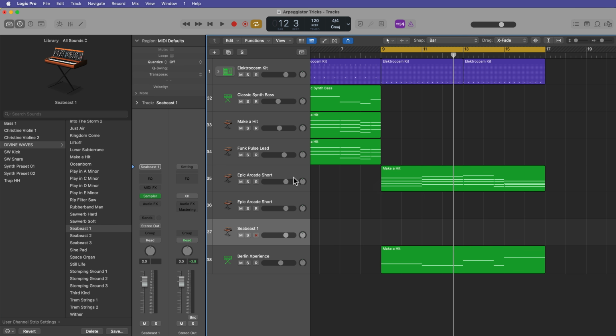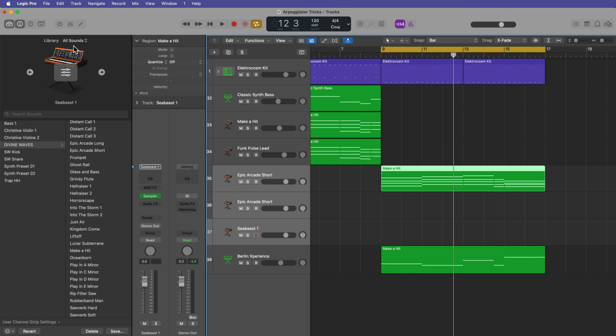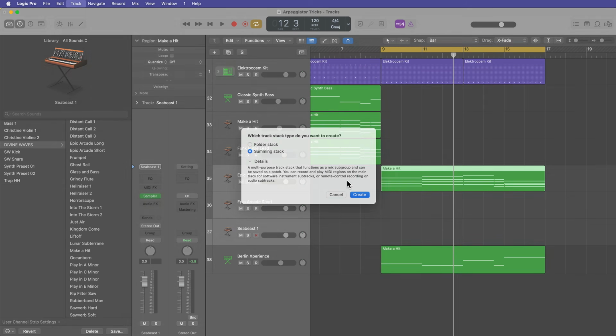Okay, so right now I've got 3 instruments. They all have instruments loaded up. Only one of them has the chords on it. I'm going to select all three of these, go up to track, create track stack, and we're going to create